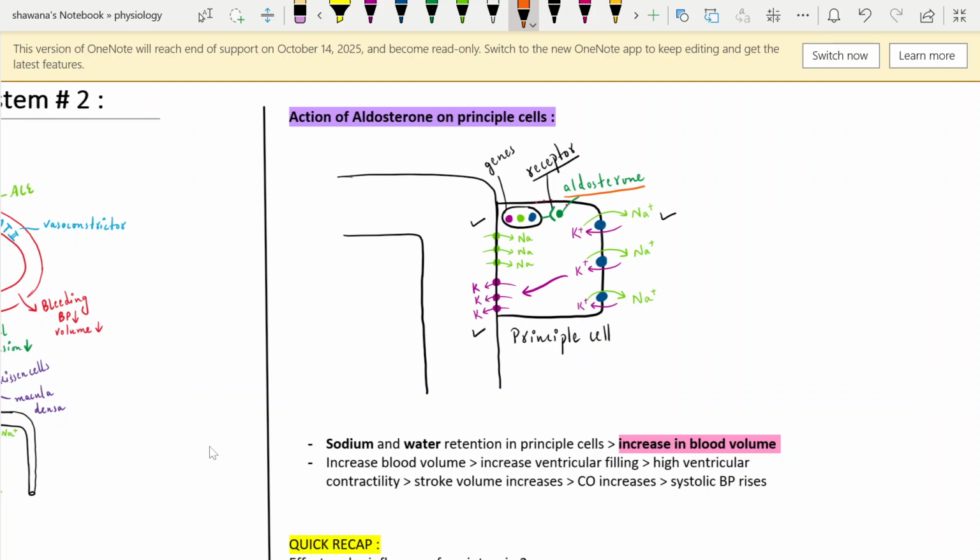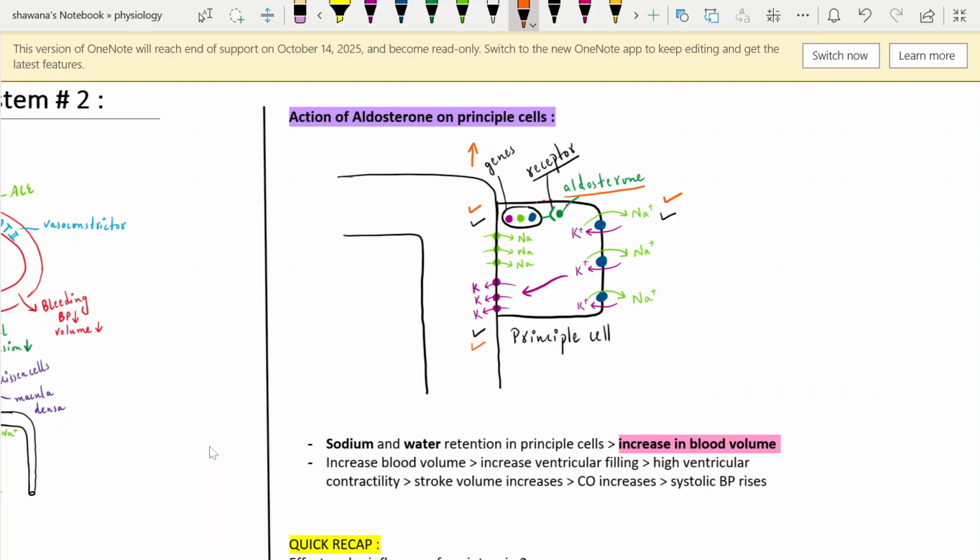Inside the nucleus, there are genes for these transporters, genes for sodium potassium ATPase, genes for sodium channel, genes for potassium channel. It will upregulate the genes, it will cause more transcription, more translation, eventually more sodium channels, more potassium channels, and more sodium potassium ATPase